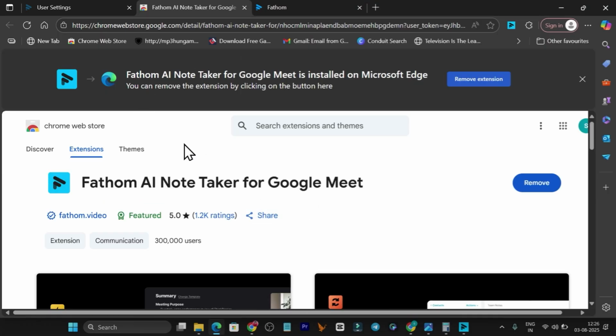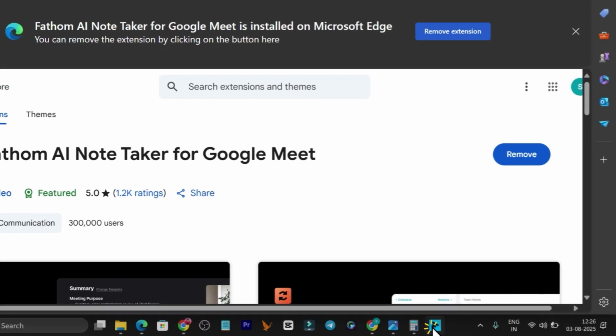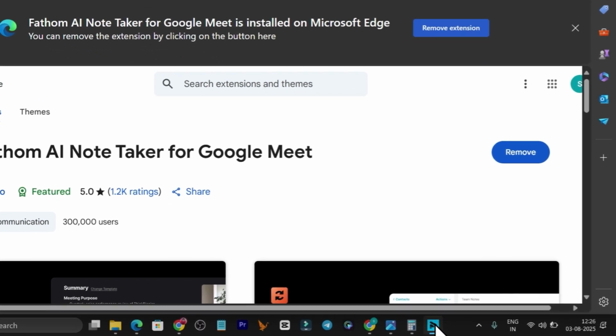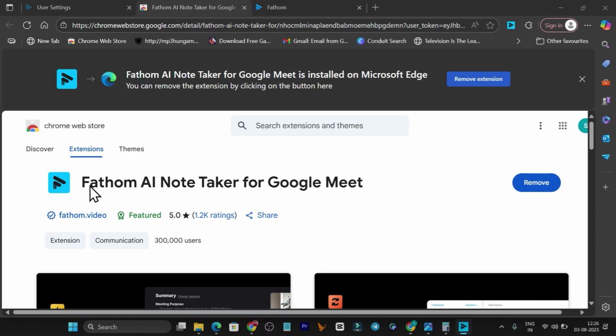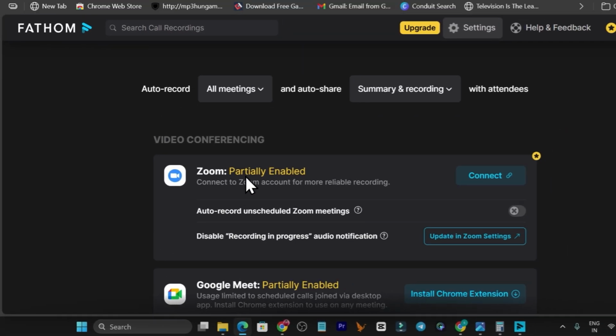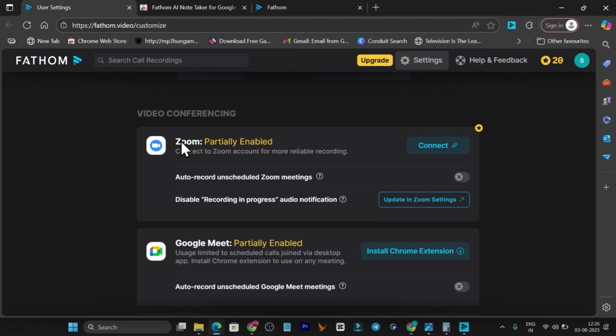All you need to do is install it on any device, whether it's your Chrome extension, your mobile, or your desktop, and after that simply launch the meeting, and it is going to attend the meeting in place of you. So this is really a good tool that you can get here. Okay, so all you have to do is link your Zoom.